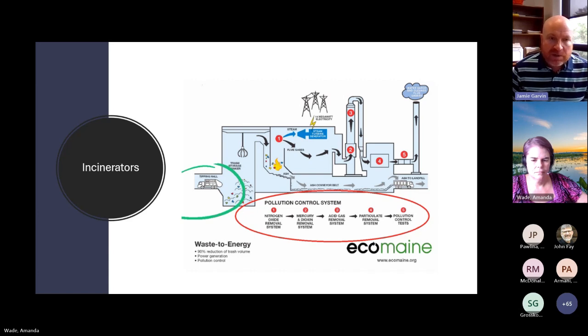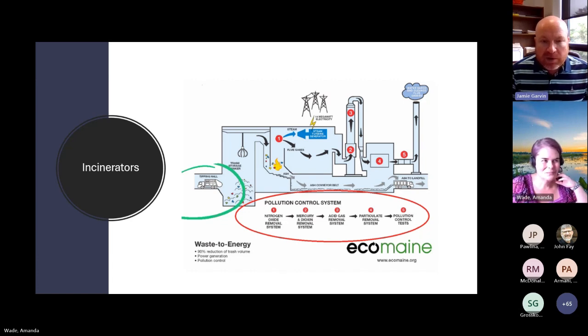It's just that we're using household trash as the fuel source instead of some fossil fuel or other material. We do have rigorous pollution control systems, as you see indicated in the red circle here, where we're removing nitrogen oxide, mercury and dioxins. We're injecting urea and carbon and other elements into the process, such that as the flow goes through that flue gas